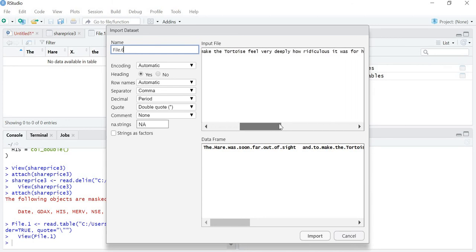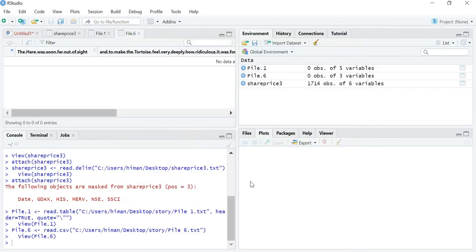And to make the tortoise feel very deeply how ridiculous it was for him to try a race with the hare, he lay down beside the course to take a nap until the tortoise should catch up. Now see how R is reading. It is not reading as a sentence. It will be split into the Excel part.